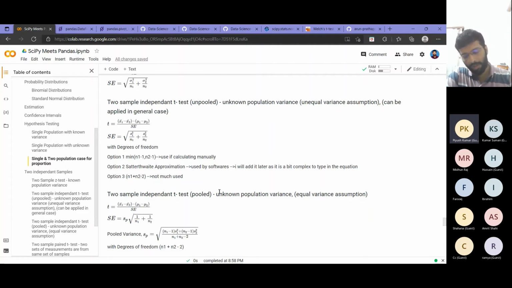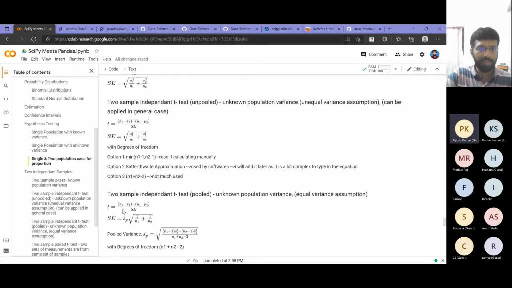One thing to note is that most software does the pooled t-test by default. But from the literature, the pooled t-test is not the recommended test nowadays. Most of the literature recommends that you go for the unpooled test. When we come to that, I will explain the argument for converting your test from pooled to unpooled. In Python, as I understand, the default assumes that your populations have equal variance, so we will mostly get the pooled result. If you want the unpooled result, you will have to give an extra argument.